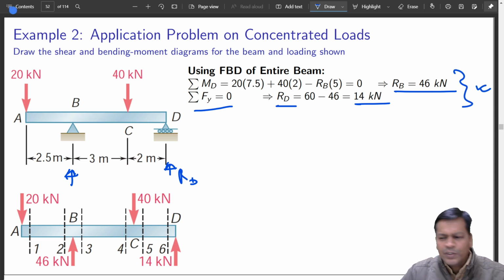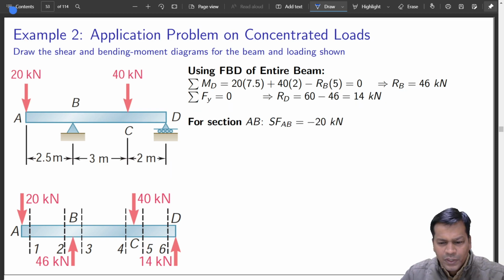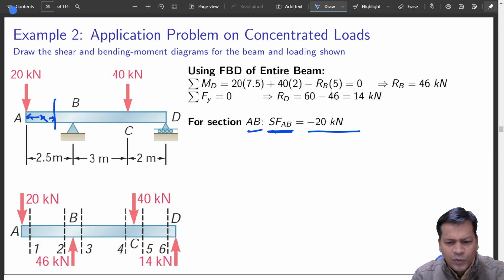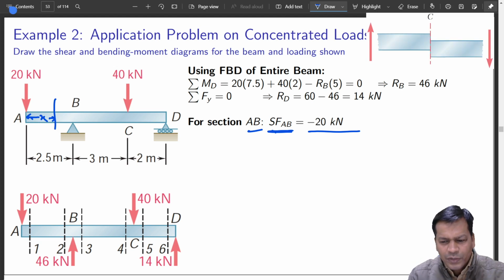This is in line with your whole equilibrium of bodies. Okay, for section AB, shear force at any place will be equal to this. Do you agree with this? Why 20 kilonewton? Yes, this is a concentrated force, so any point from here which is at a distance, yes. And direction wise it will be negative also. You remember your earlier picture now? Okay, so this is there, so that is why it is like this.